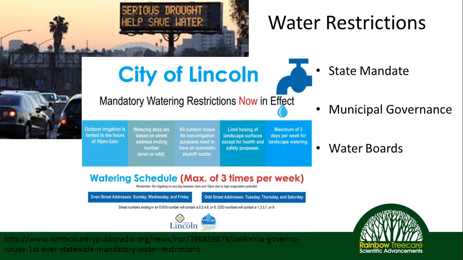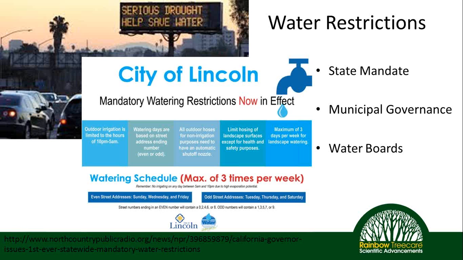And what's important is that you have the state mandate, the water boards, but you also have municipal governance, and then oftentimes you'll have potentially homeowners associations within this. So multiple layers of governance over this. And it really comes down to the practitioner and the homeowner or property owner to really understand what each means for them. For example, the city of Lincoln, they have put the mandate out there that